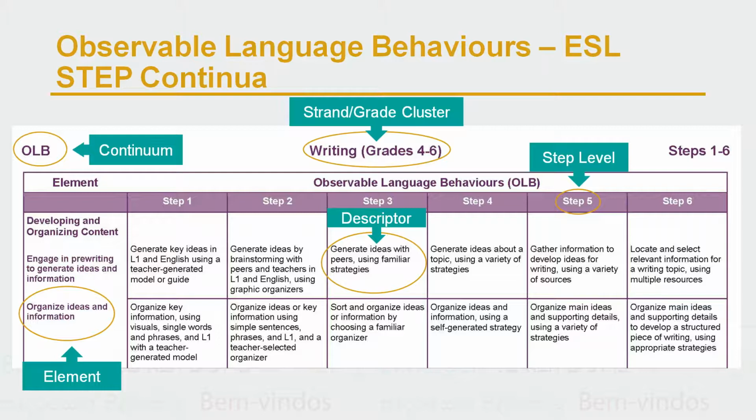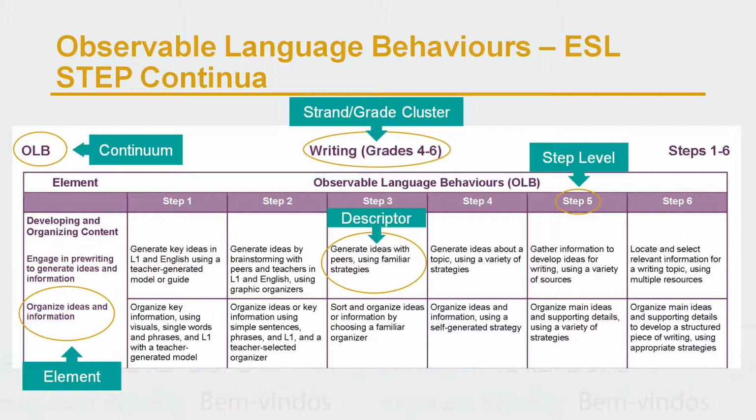Next, we have the descriptors, or observable language behaviors, which identify what a student can do. It captures distinct language behaviors that can be observed across the curriculum through daily instructional tasks. The observable language behaviors, OLBs, are important because they allow for ongoing assessment of student learning, track language acquisition, and help with planning for instruction and assessment. It supports the progress of English language acquisition and informs programming decisions for English language learners on the reading, writing, and oral scale. They also serve as the primary assessment and tracking tool of the STEP resource.